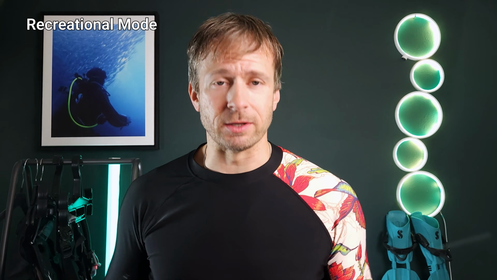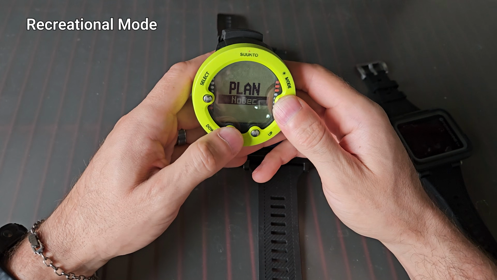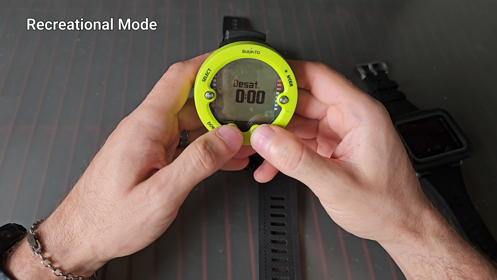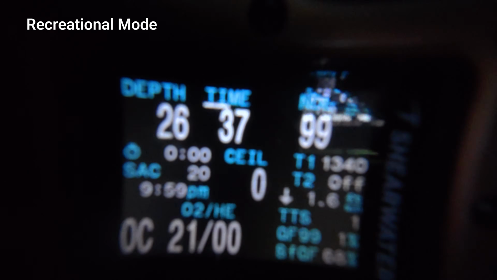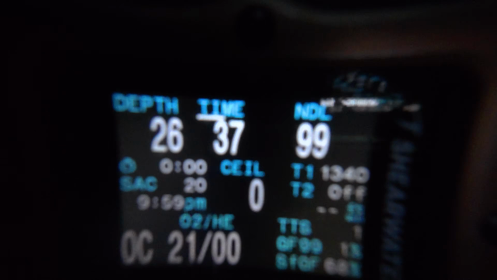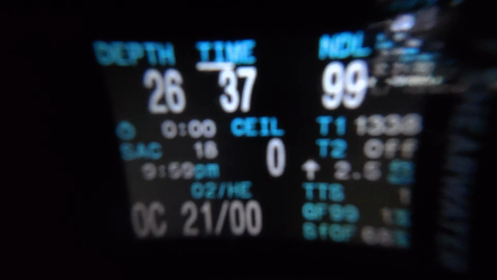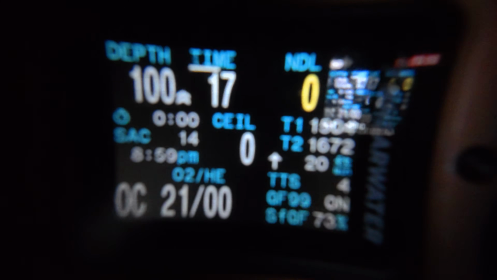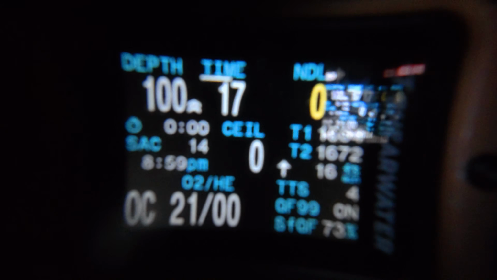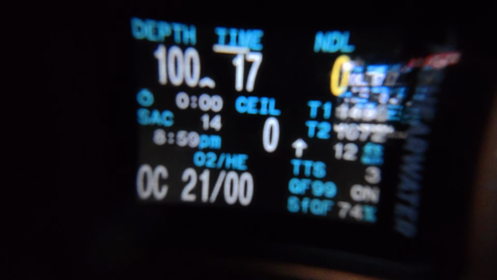Now, let's start with the basics, which is recreational mode, or rather, no decompression diving. Some computers label it as no deco mode, but the idea stays the same and often is abbreviated as NDL. Your computer tracks depth and time, estimates inert gas loading, and shows your NDL as a countdown. Once you pass through your NDL, it is no longer safe to ascend straight to the surface, and you will